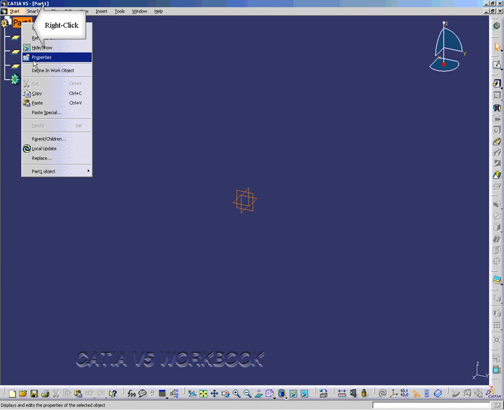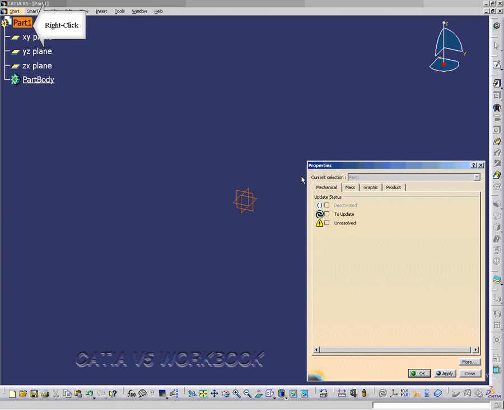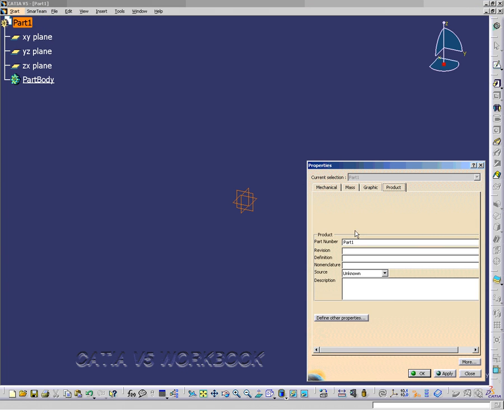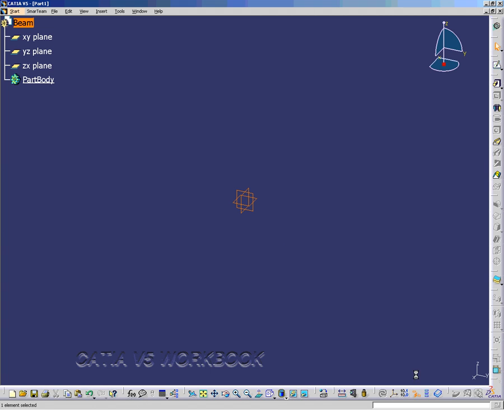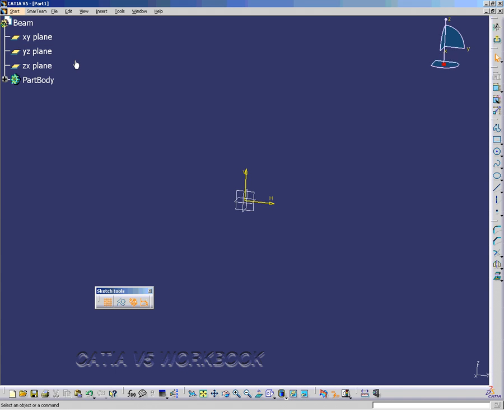First, I'm going to rename Part1. I'm going to go to the Product tab and type in beam and hit OK. So now my part is the beam. Now I'm going to go into the Sketcher workbench using the YZ plane, and I'm just going to create